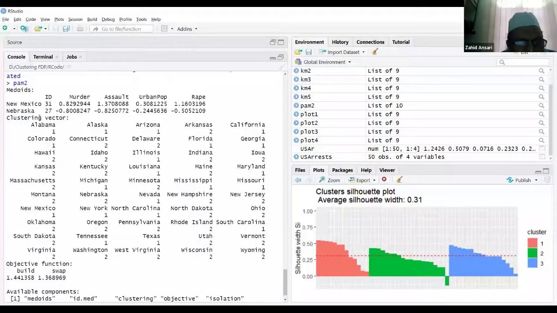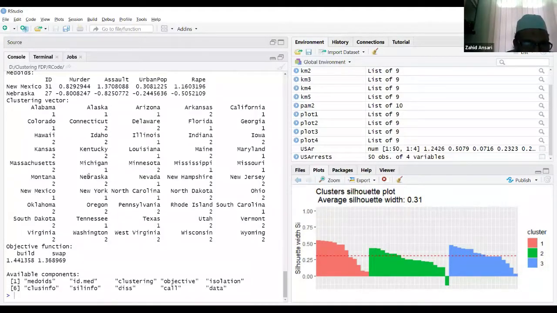Similarly, the clustering vector is also given. Alabama is in the cluster whose center is New Mexico, and Connecticut is in a cluster whose center is Nebraska. So that is how the clustering is. Then the objective function outputs and other things are also there.